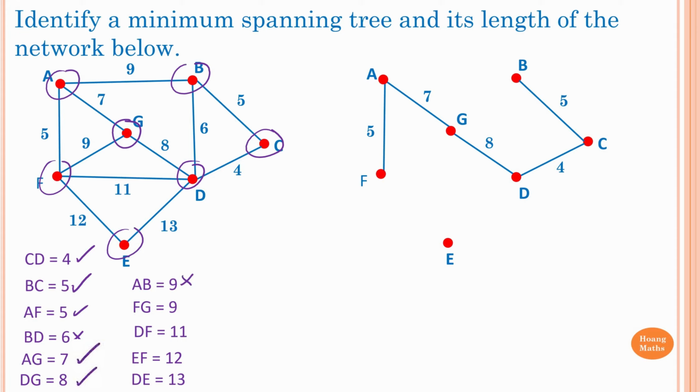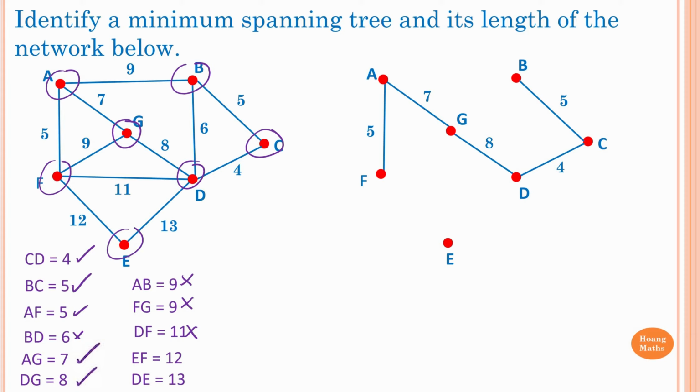And then we move on to FG. But if I connect FG together, it becomes a cycle. So therefore, it's not a spanning tree. So we can't use that. So we cross that out. And then DF. So we connect DF. If you connect DF, FD together like this, we cannot have that. So we cross it out. And then we move on to